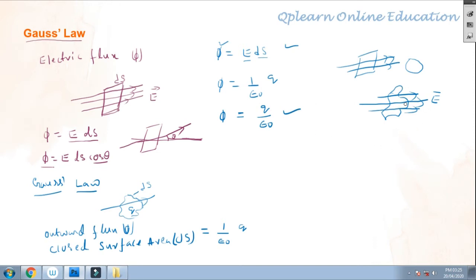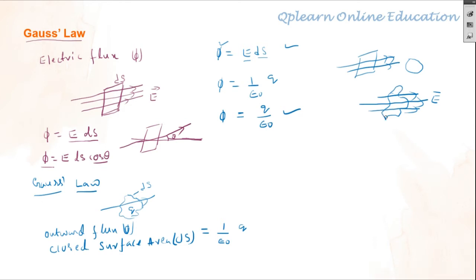How do you calculate this type of irregular area? There is no formula for calculating such areas, so now you will face difficulties. If it is like this, that is okay. But if the surface is like that, how do you calculate the flux? First we have to calculate this area, and first of all we can't. There is no formula for this.